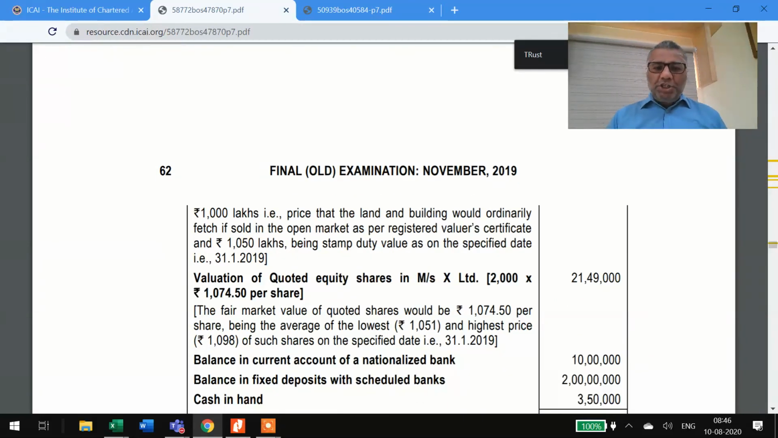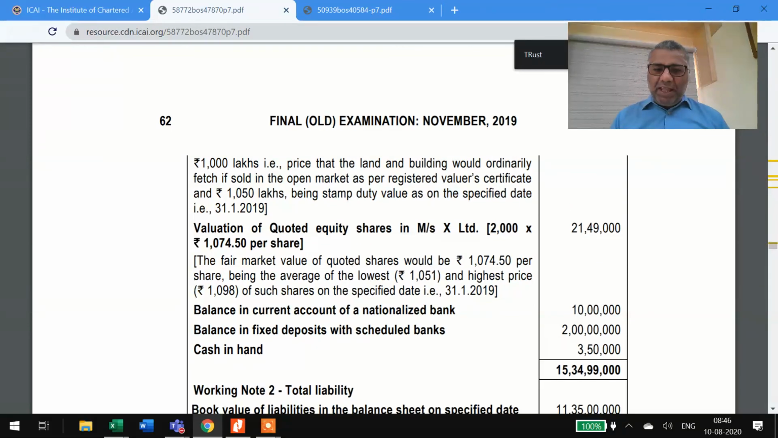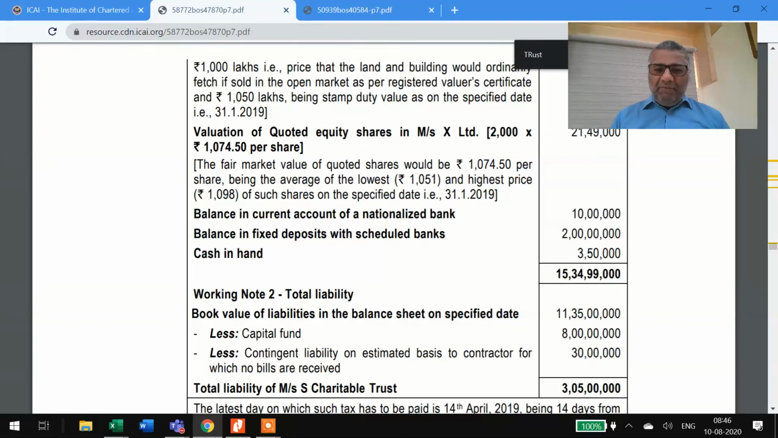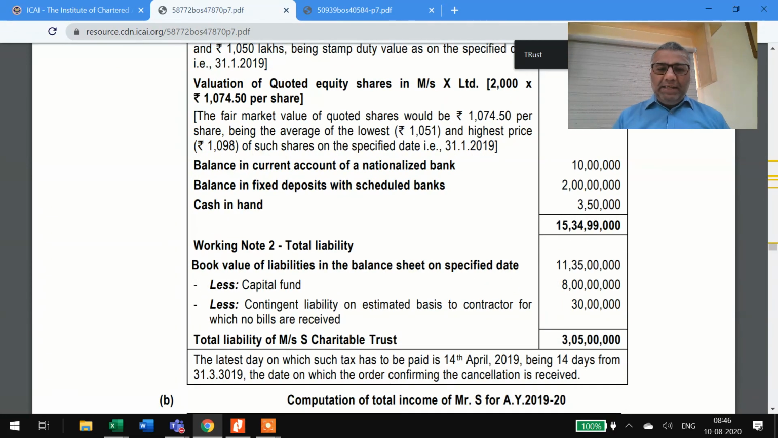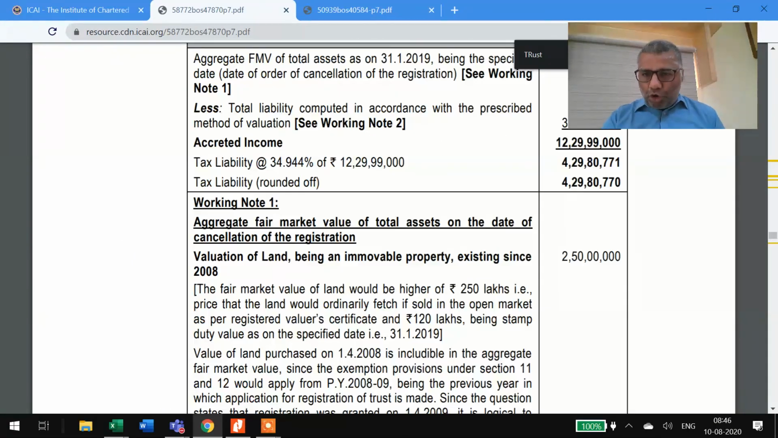Shares unquoted, the average price into the number of shares, balance in current account, balance in FD, cash in hand. Total liability will not include capital fund, will not include contingent liability, and within 14 days you are supposed to pay the tax. Why they have included this 25 lakh, 2 crore 50 lakhs, you will understand when I do the